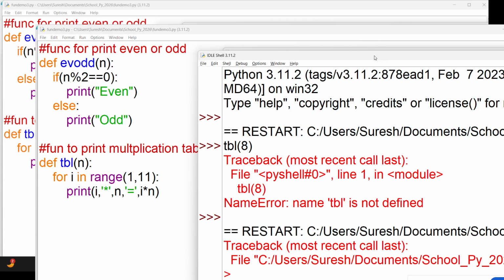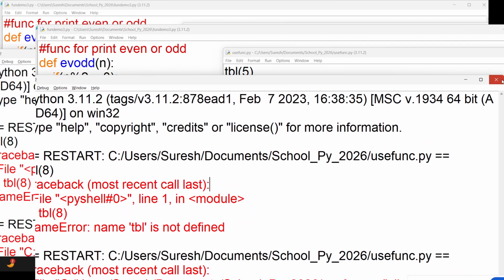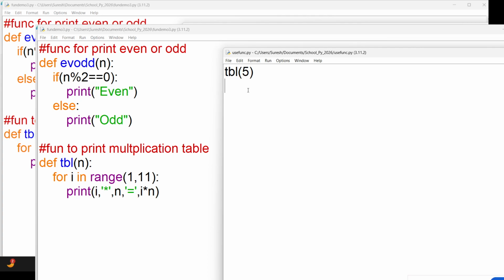And our job is to call that function in here. So very simple concept is there. So the TBL function is available in which file? Function demo 3, right? Yes.